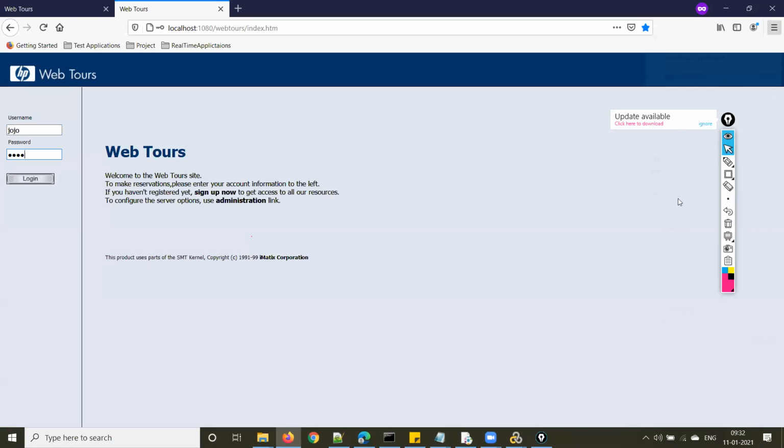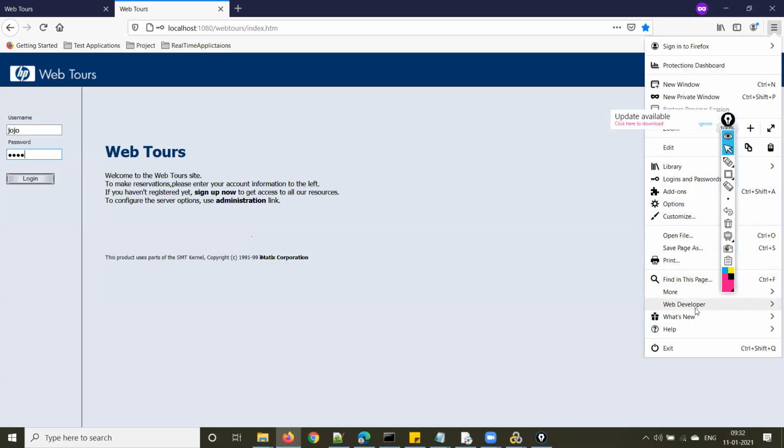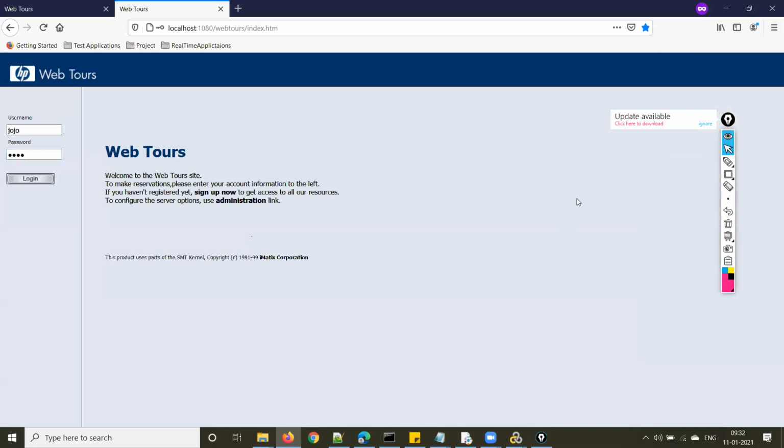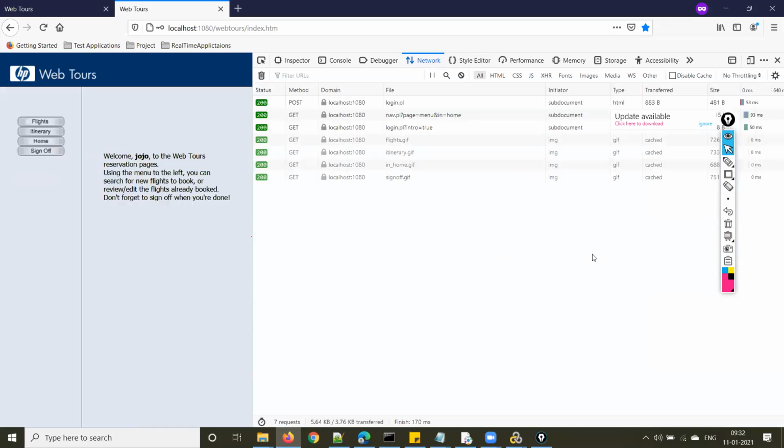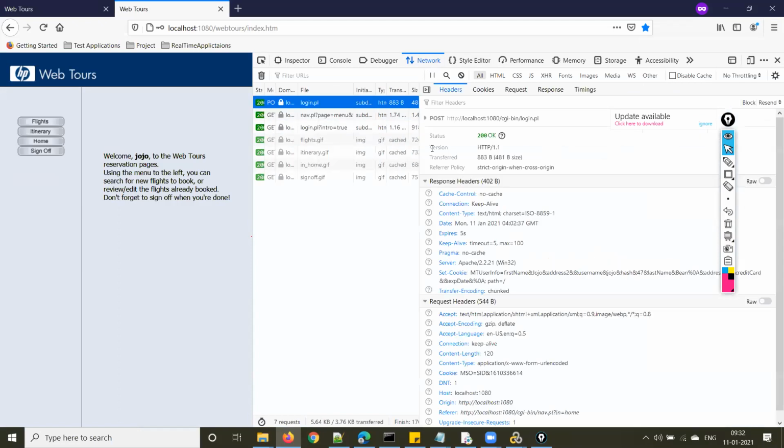So let me launch developer tools and show you something here. Press function F12 and go to the network tab. Once I enter the username and password and click on the login button, see this login.pl, observe here.